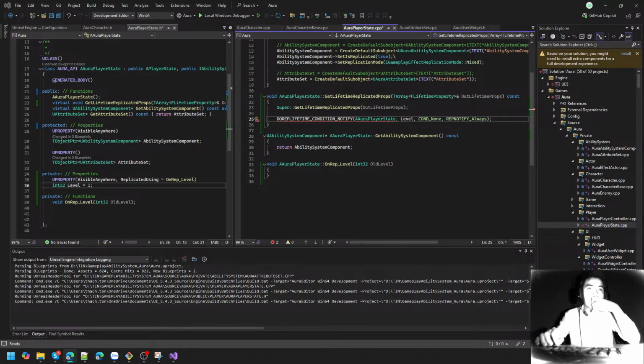And we'll give Aura enemy a private section with its own level variable. So this will be an int32, we'll call it level, we'll set it to a default value of 1, and we'll give it a UPROPERTY. And for this, I'd like it to be EditAnywhere, BlueprintReadOnly, and I'll give it a category of Character Class Defaults. Now the reason I'm not going to make this replicated for the enemy